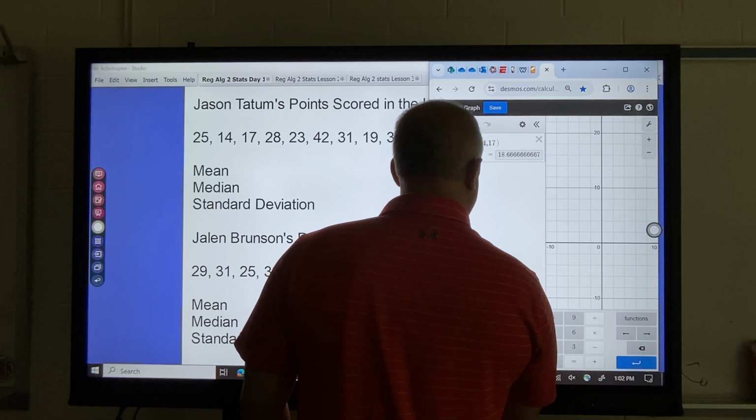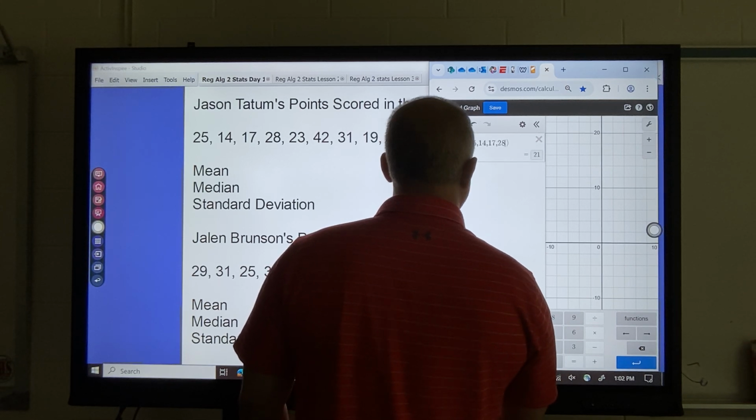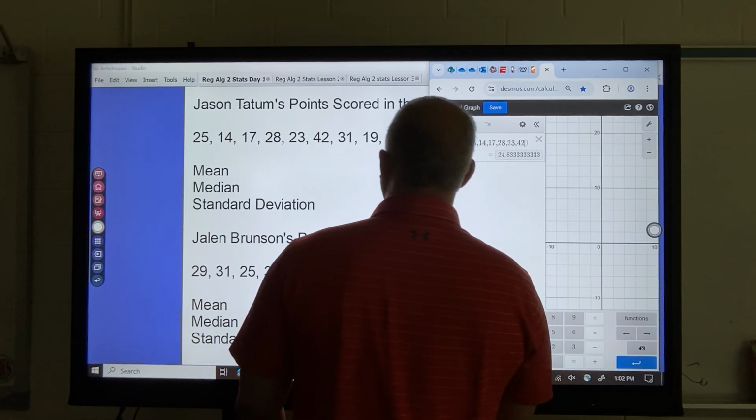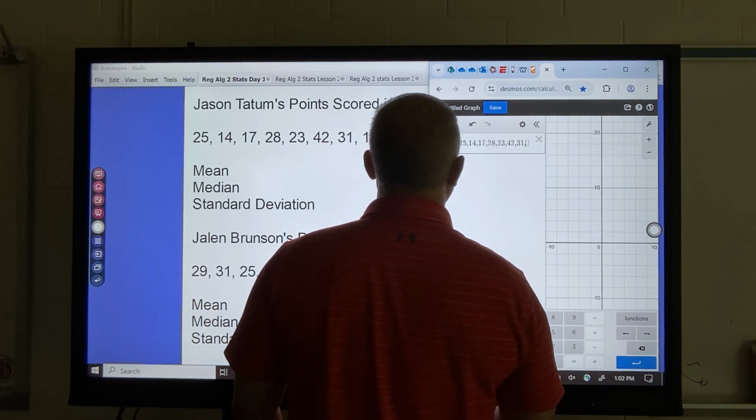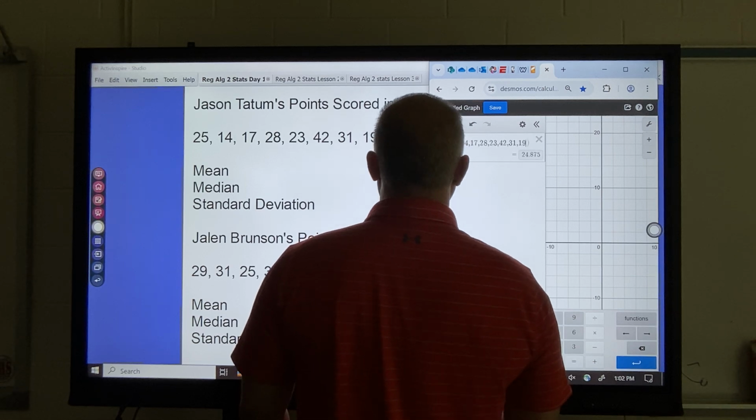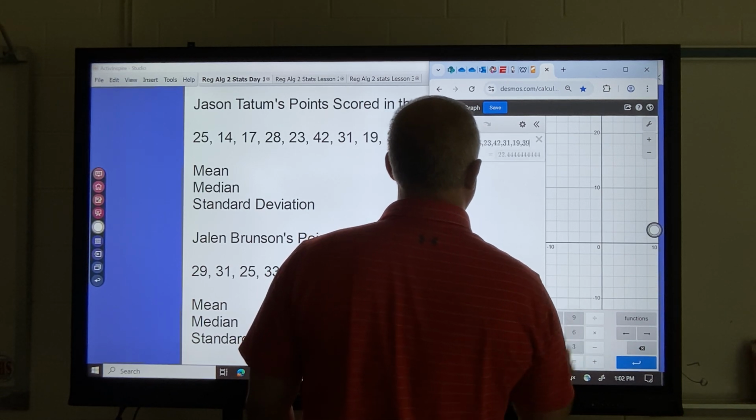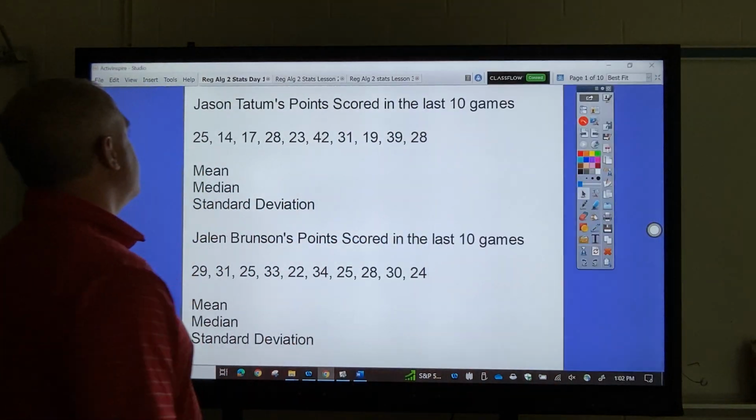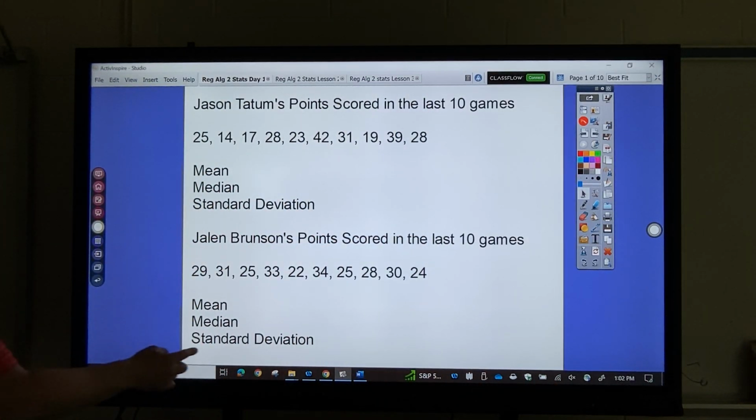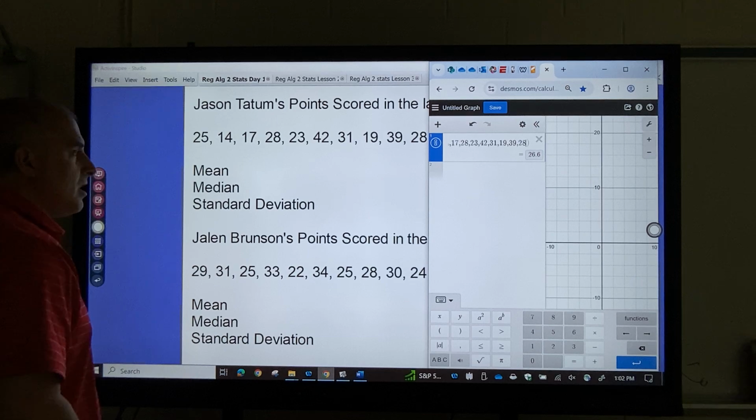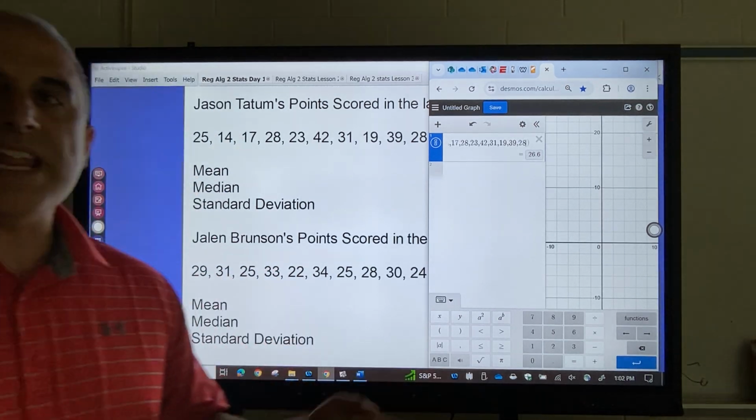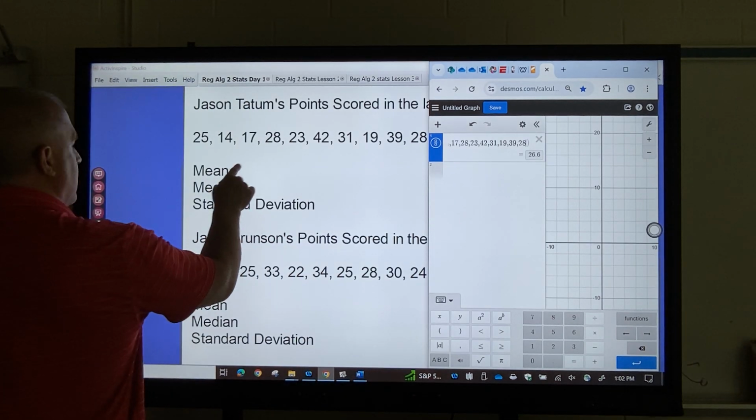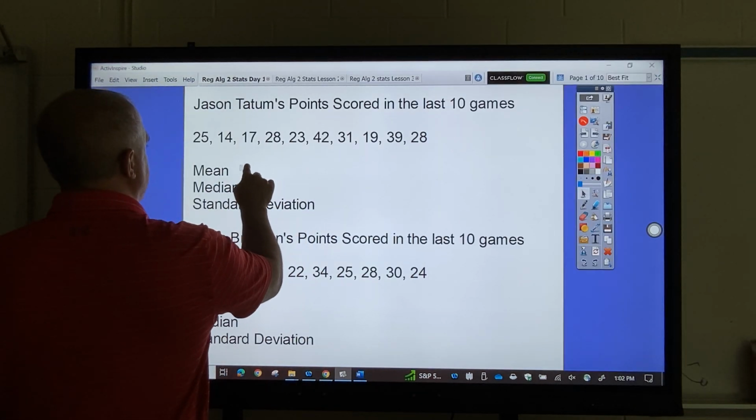17, 28, 23, 42, 31, 19, 39, and then 28. Okay, so it says Jayson Tatum's points scored in the last 10 games. Here is the mean. Basically, the mean is adding everything up and dividing by how many there are. All right, so my mean is